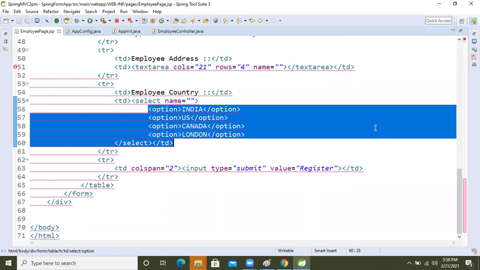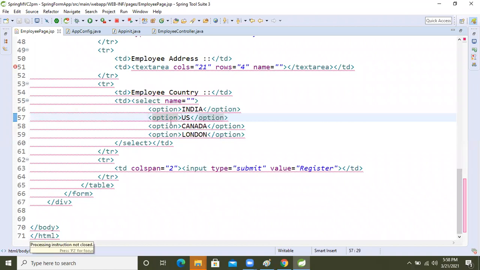Can we use Java locale? Java locale is different, to convert these things based on the region. I said that I will explain locale also. I will make this page localized. If Indian people open this page, they can open it in English or Hindi, right? If people from other countries open it, we can localize it in their own language.